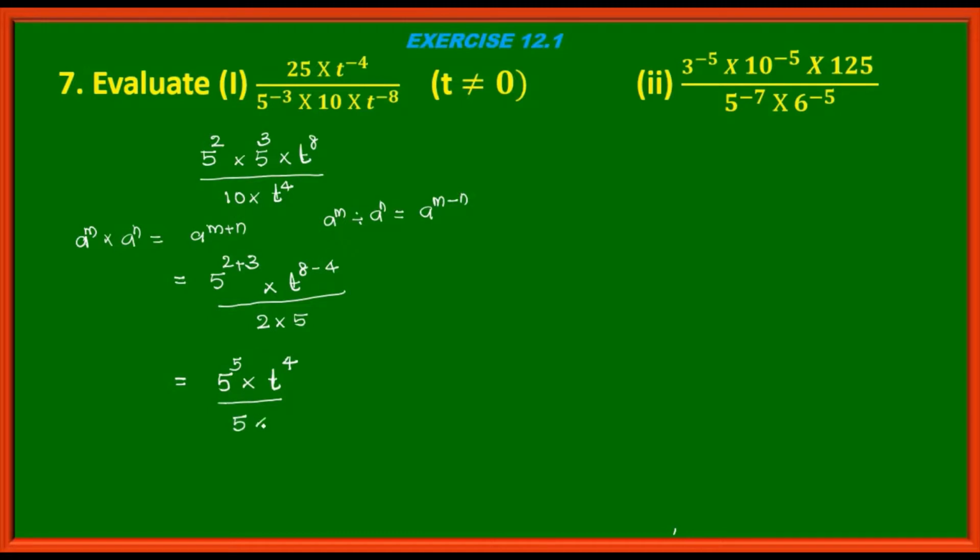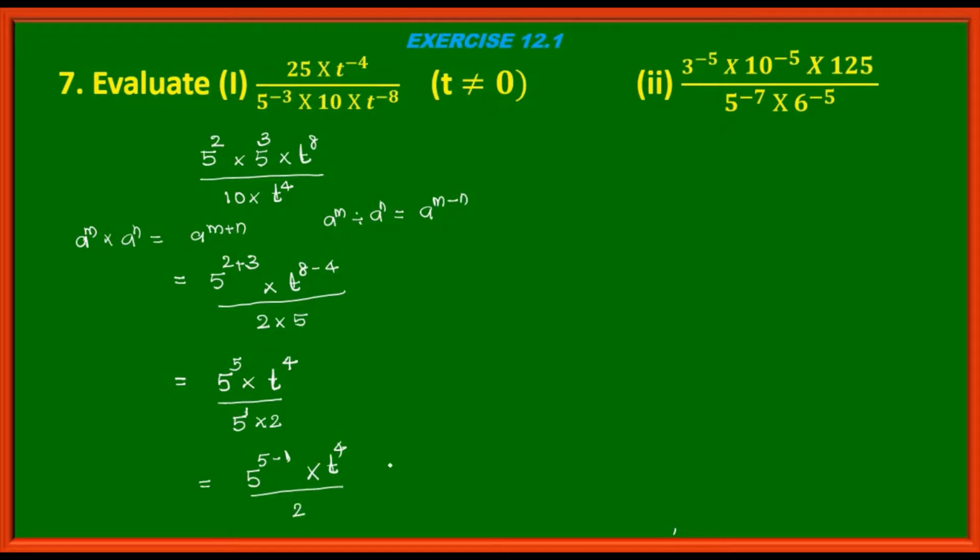5 into 2. See, 5 is 5 raised to 1. Instead of 5, we can write 5 raised to 1. So 5 raised to 5 divided by 5 raised to 1 comes to 5 raised to 5 minus 1, into t raised to 4 whole divided by 2